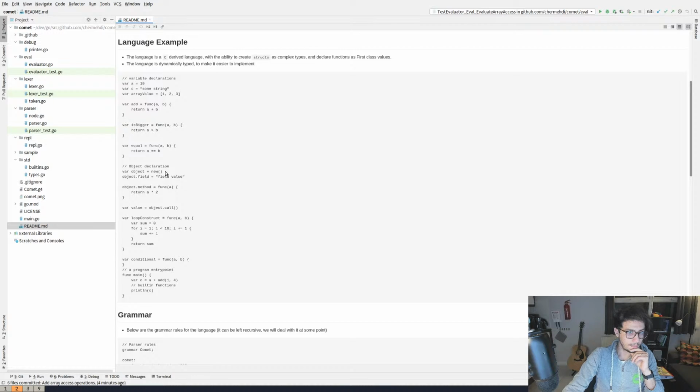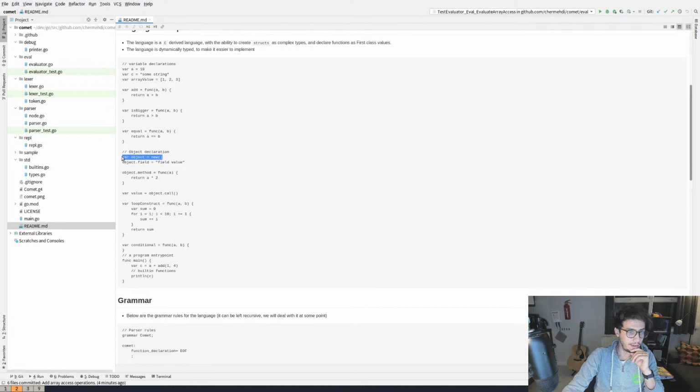Now, declaring objects like this, I would assume, is similar to the way that JavaScript adds fields and methods to objects. But I don't think we'd want to do this. For the people who are watching, what do you think? I'm inclined to not do the JavaScript approach. Since Comet is a dynamic language, I wanted something such as Python.